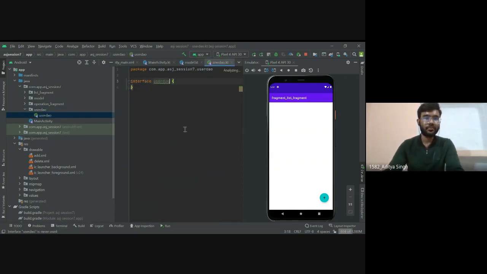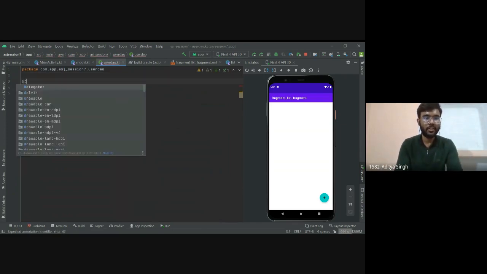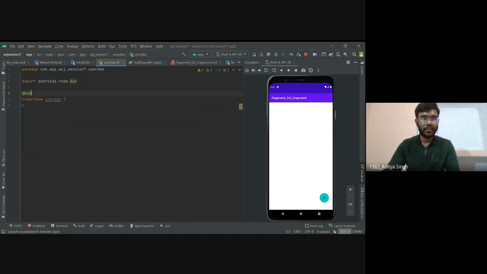Now, as you saw in the PPT, we need to add an annotation named Dao. Now inside this interface we will create our data access objects. First we will create an insert object for insertion.